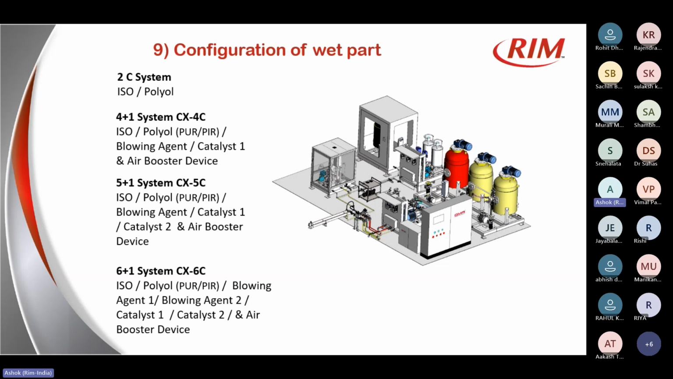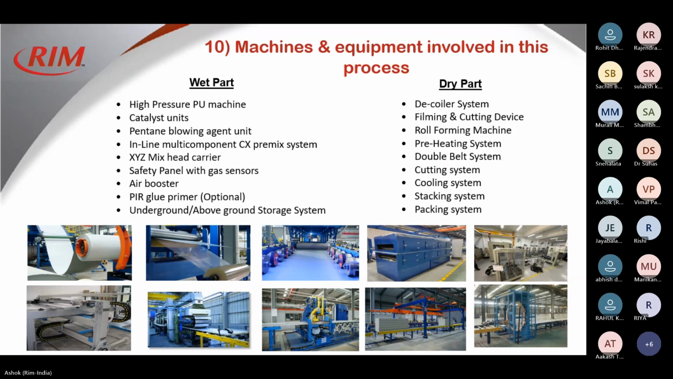So this is the configuration for the wet part. These are the machines involved in this continuous line process. There is a brief list and some photos for the wet part as well as the dry part. As you can see, in the wet part there is a high pressure PU machine, catalyst units, pentane blowing